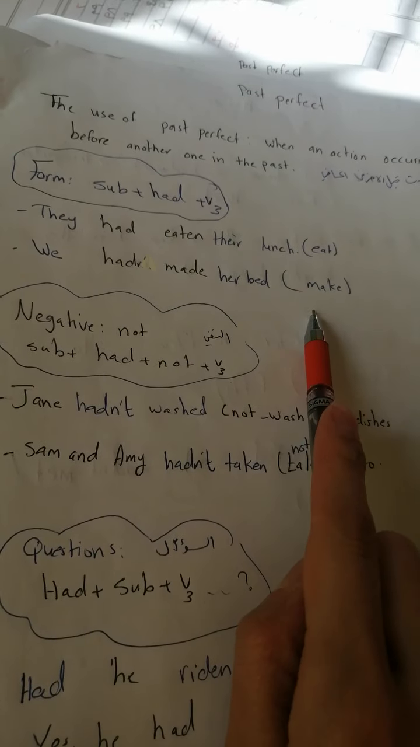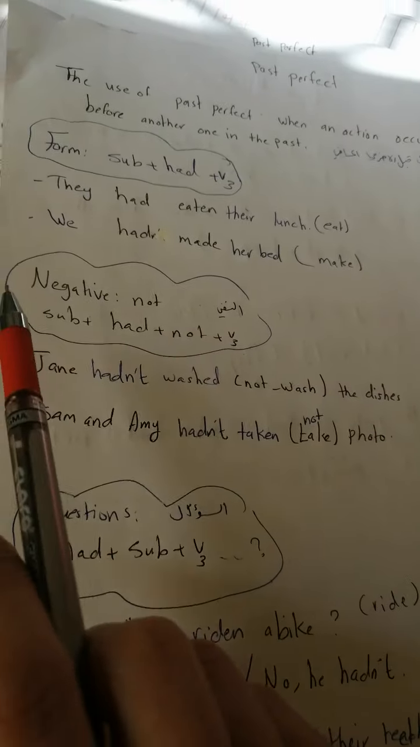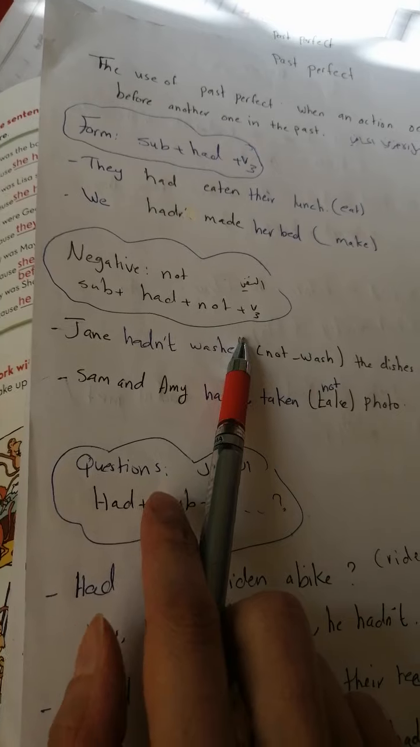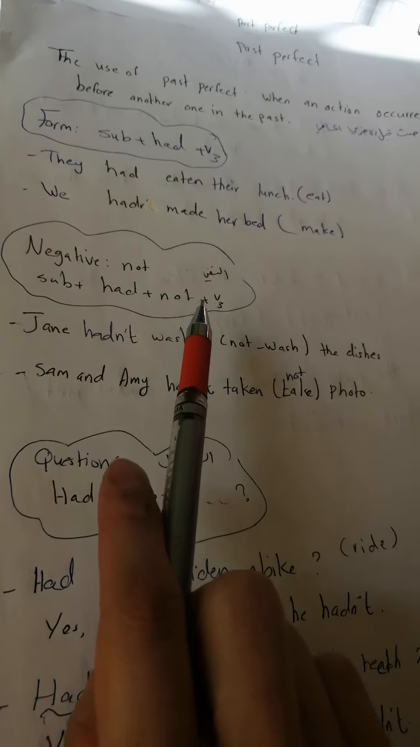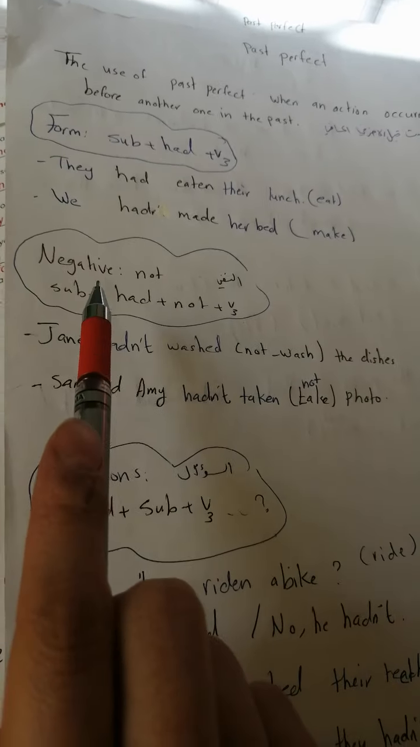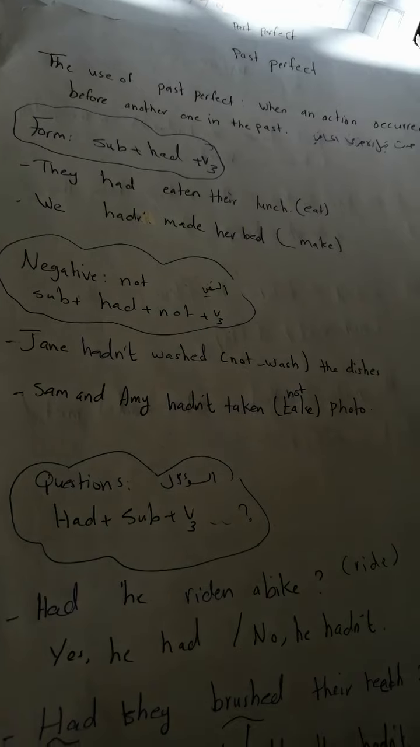We made her bed. We had made her bed. The negative form: with the negative form, subject hadn't plus verb 3. With negative it should be followed by not. Okay, so we said hadn't plus verb 3. Example: Jane